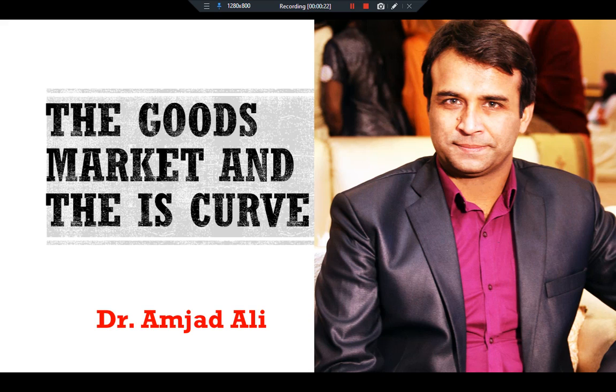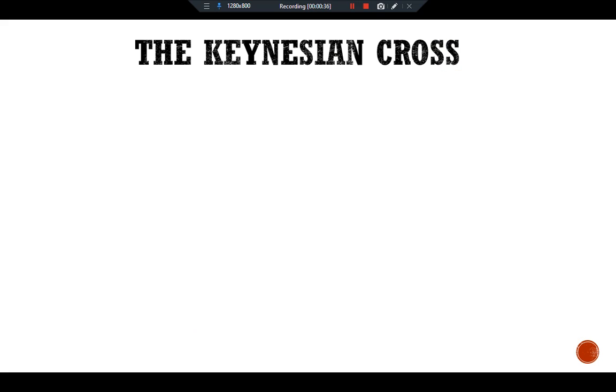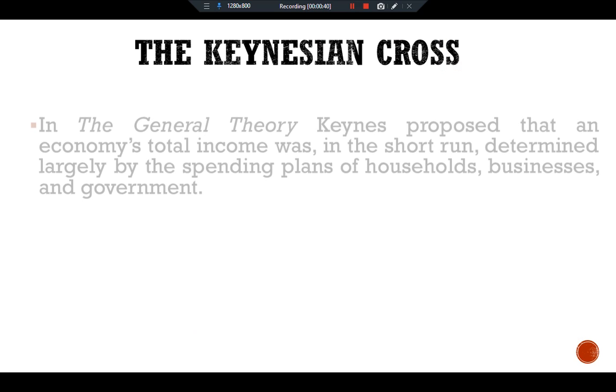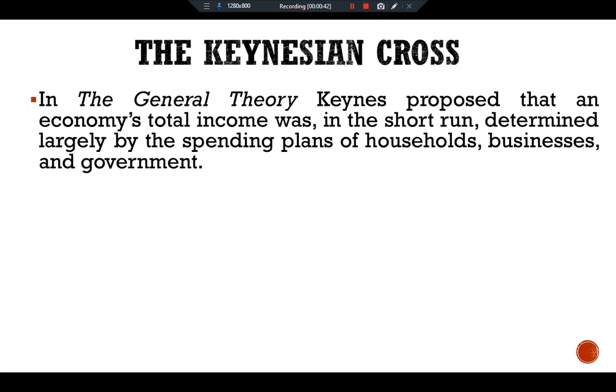This model is the simplest interpretation of Keynes's theory of how national income is determined and is a building block for the more complex and realistic IS-LM model. So let's discuss the Keynesian cross. In the General Theory, Keynes proposed that an economy's total income was, in the short run, determined largely